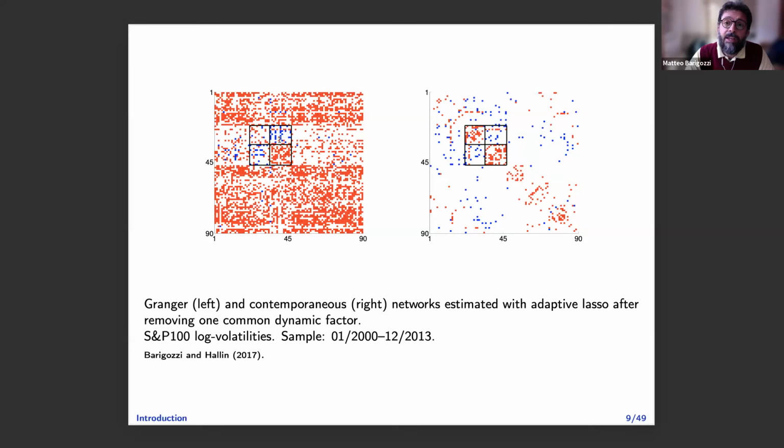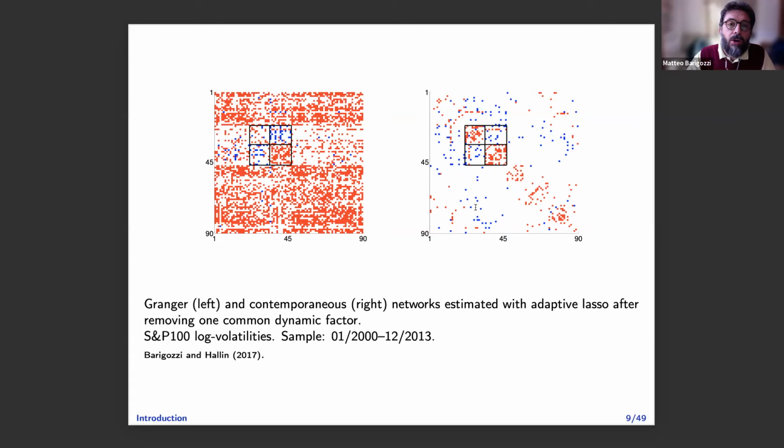And you see that the results show that there is more sparsity, okay? The left-hand side is A of L, VAR1, so this is the coefficient matrix, and this is the inverse of the covariance matrix of the residuals of the VAR, estimated with adaptive lasso. And here we highlighted two sectors: the financial and energy sectors, which seem to be strongly connected within.